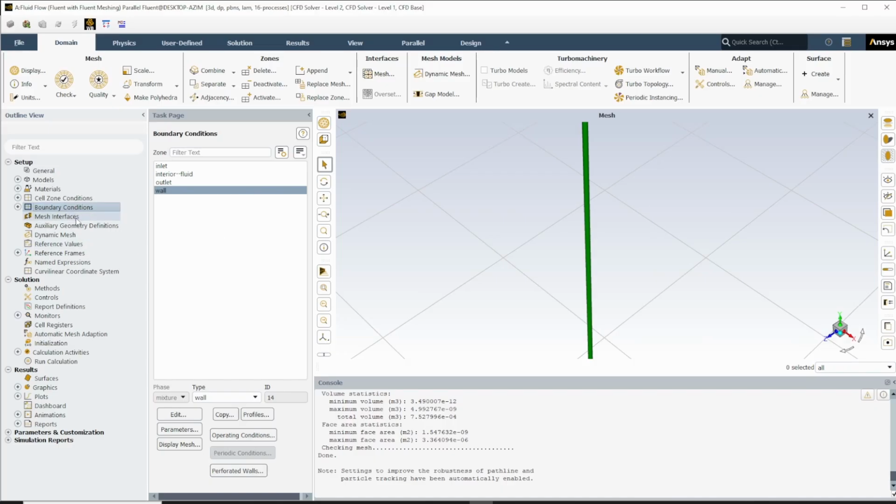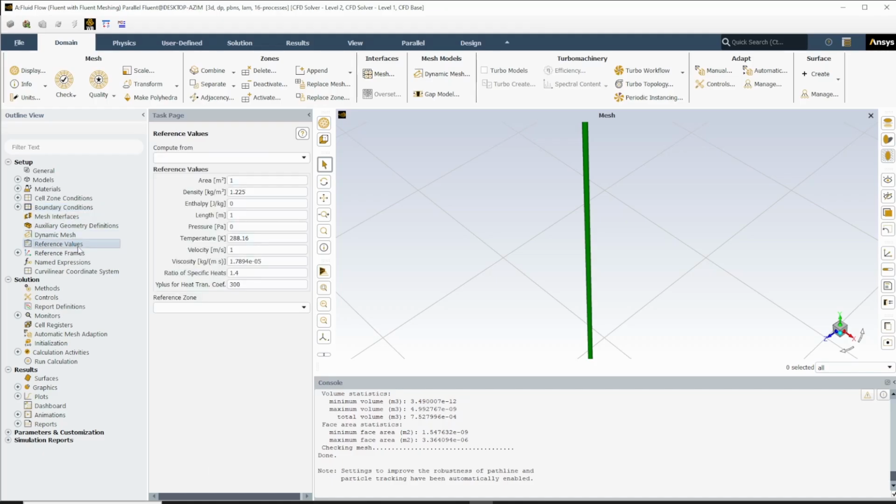Next, we do not have to change anything else. The reference values, we do not have to change this for this case. We do not have any named expressions. So basically we have already finished setting up our simulation. Okay, next we have to set up our solution method. So if we double click on the methods,